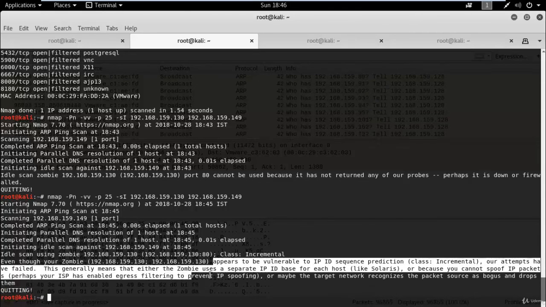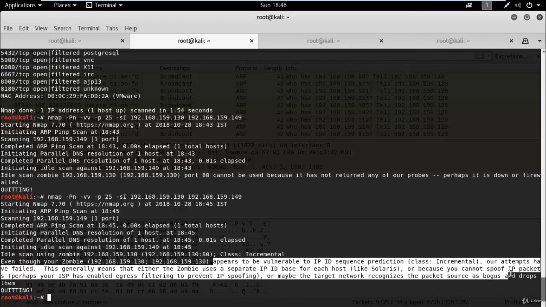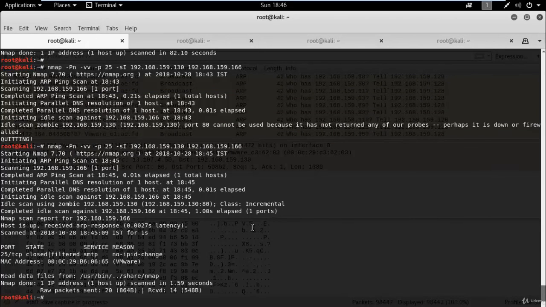This generally means that either the zombie uses a separate IP ID base for each host like Solaris, or you cannot spoof IP packets. Perhaps your ISP has enabled egress filtering to prevent IP spoofing, or maybe the target network recognizes the packet source. So there is some security available, so it is dropping packets for an idle scan.